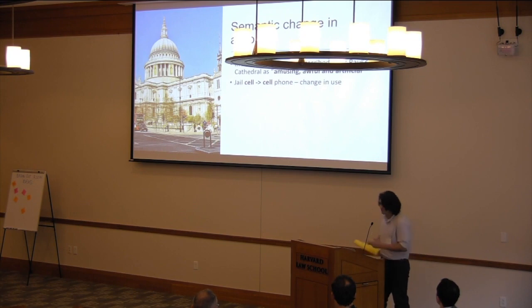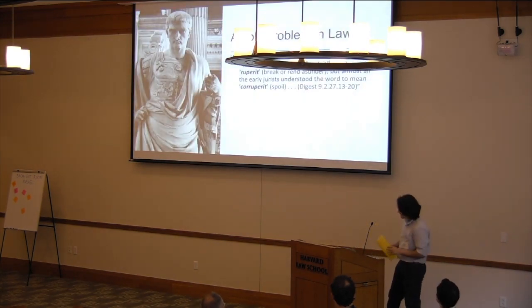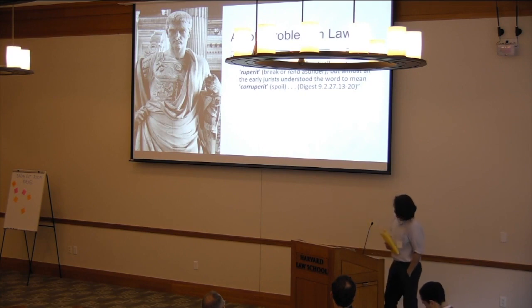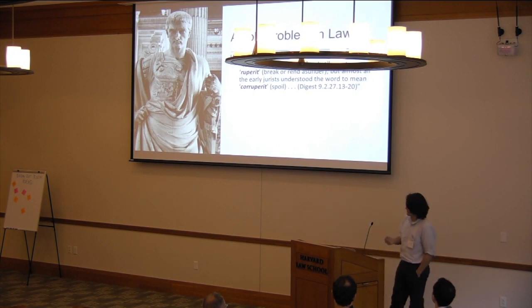Now, actually, this might seem like a very socio-cultural question, and what does this have to do with law, right? Well, this is actually an ancient problem. Now, the great jurist Ulpian, one of the greatest classical jurists of Roman law, said the following in the Digest of Justinian. He said that the statute, Lex Aquilia, which deals with torts and damages, actually says ruperit, which means to break or rend asunder, but almost all the early jurists understood the word to mean corruperit, spoil. Right, this seems to be like a really tiny difference, but then he goes on to speak about this man who spilled another man's corn into the river.